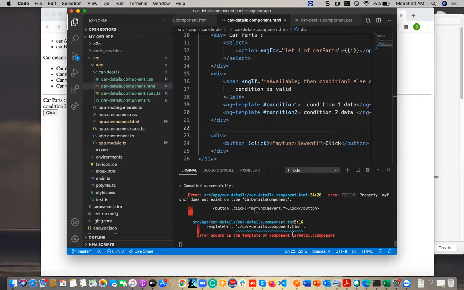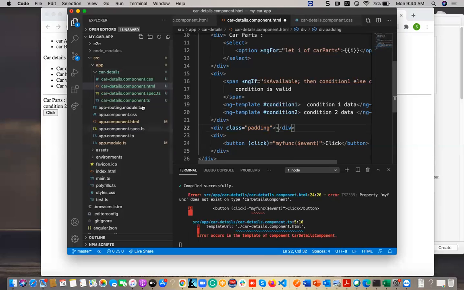Okay. So we have declared that function, but we have not given any output for it. So we have to go for this myFunction here in the ts file.